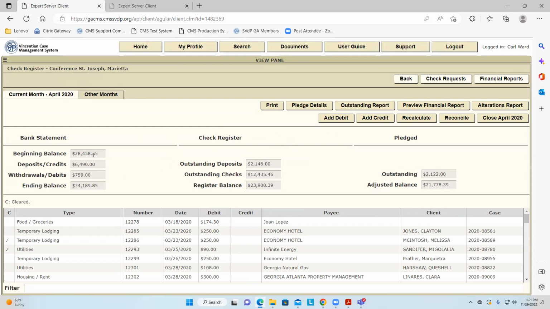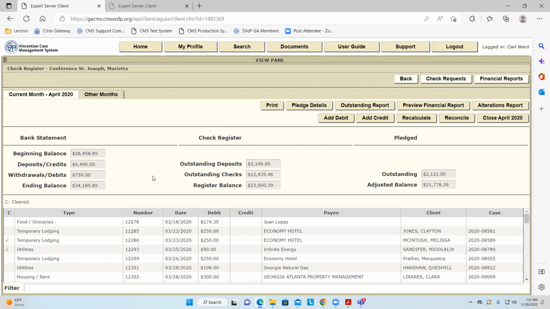So let's get focused on this column right here, the bank statement. The beginning balance plus the deposits minus the withdrawals that we cleared. The bank ending statement that you're looking at should say 34,189.85. That's the one that I'm going to copy and paste.